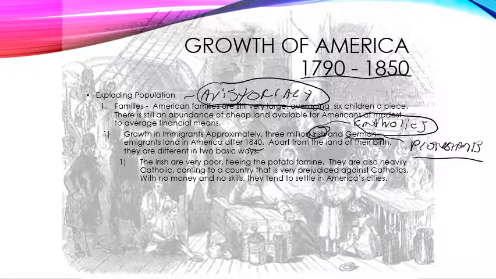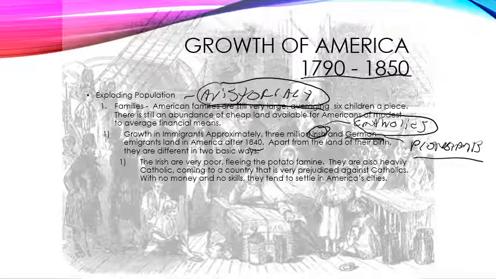So anyway. So the Irish coming here tend to be very, very poor people. They're fleeing the Irish potato famine, which is a major problem in Ireland. They're very Catholic. And of course, like I said before, they're coming to a country that is very prejudiced against Catholics. Okay? The Irish potato famine decimates the population and is horrible for the Irish. And with them being very poor, there's little opportunity for them. The British, who kind of control Ireland at this point, they don't really do much to help them.